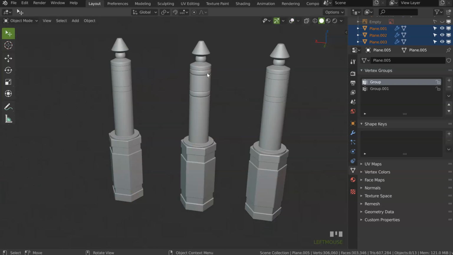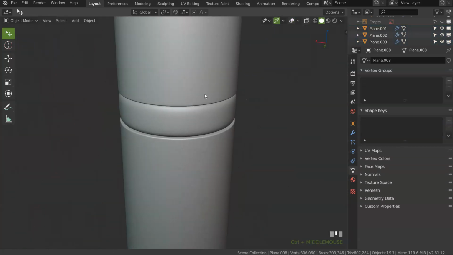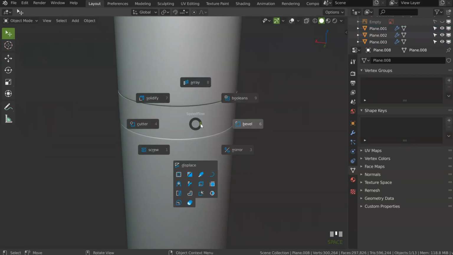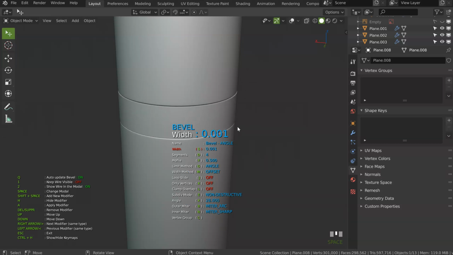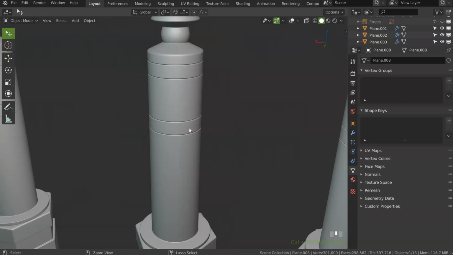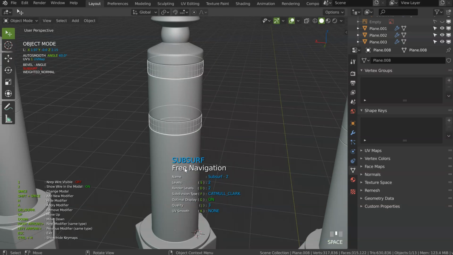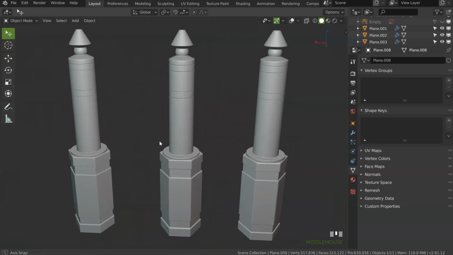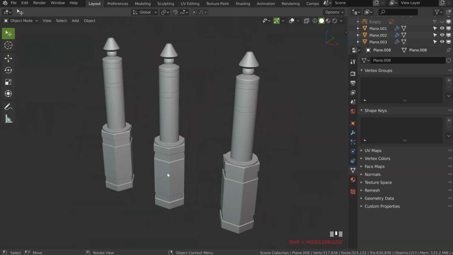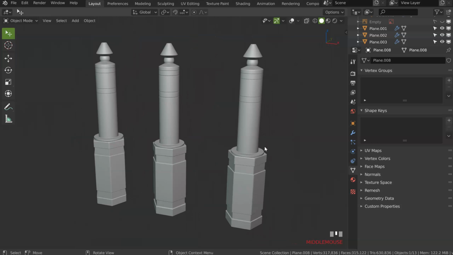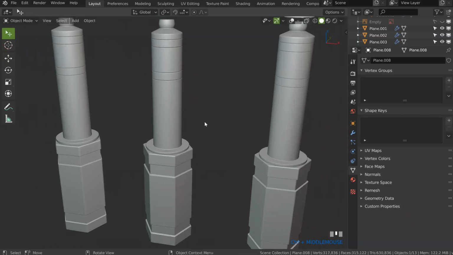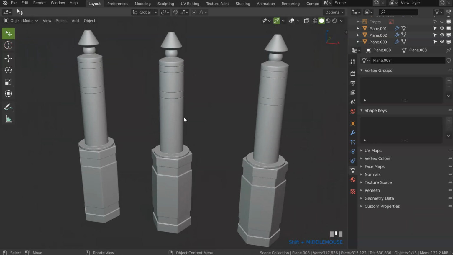If I check, I forgot to make something on this one. Let's remove this one. Yes, I forgot to add a bevel. Like that. So now let's add it, and that will work. So, 3 results, exactly the same, 3 objects, 3 different workflows, exactly the same result in the render, even if I don't have exactly the same size of bevels, but you understand what I want to tell you.